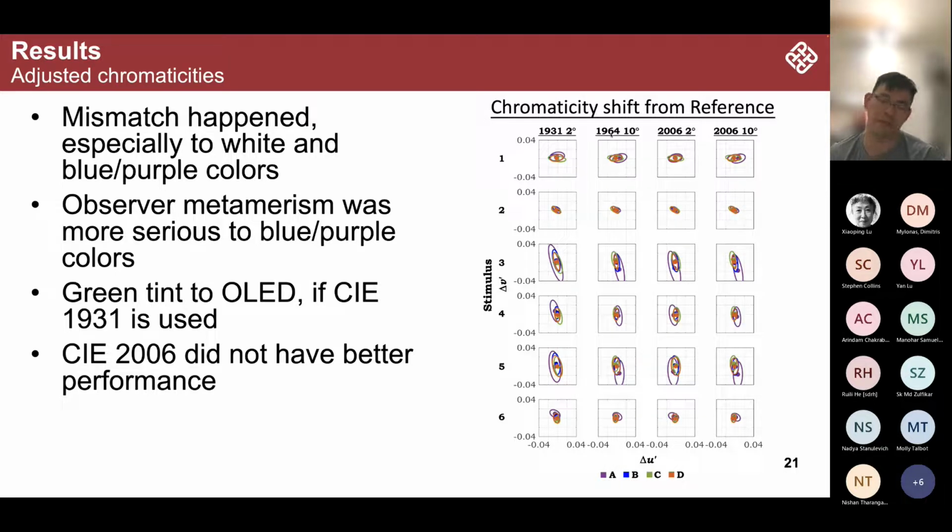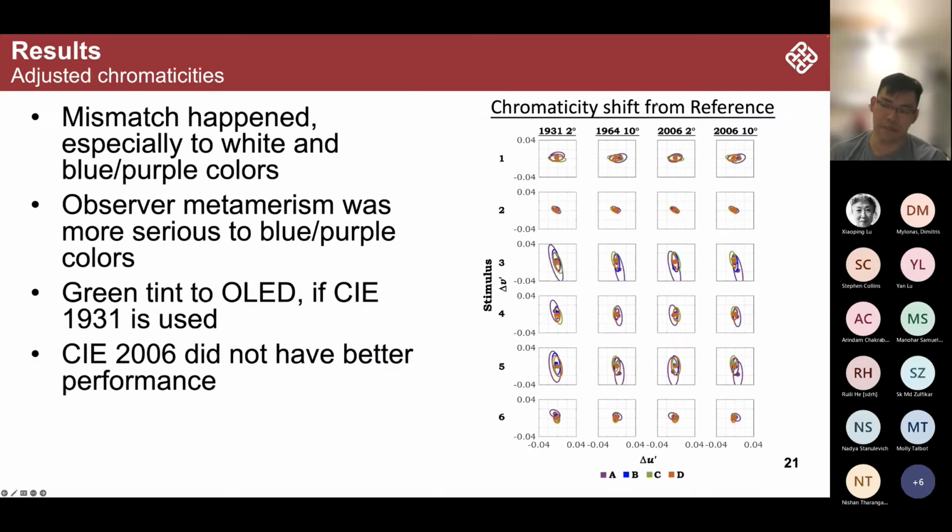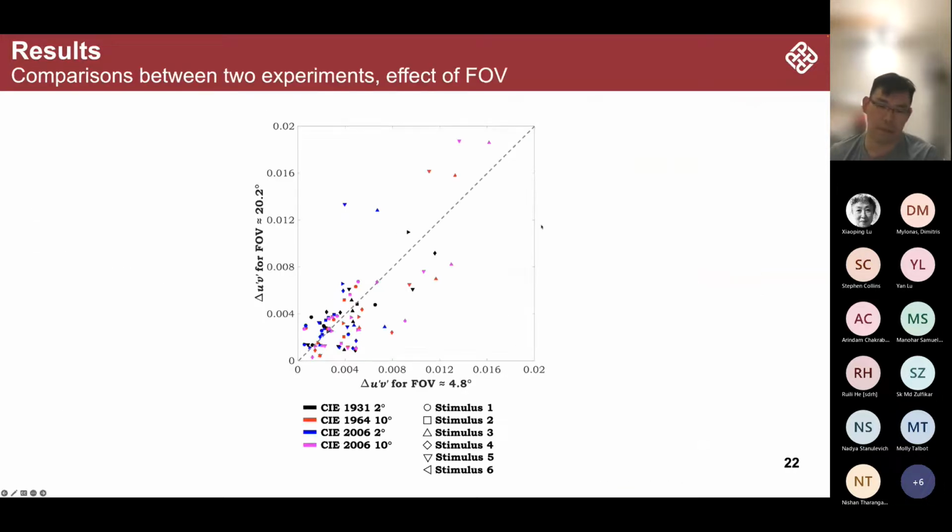In particular, if we are going to have an even larger display gamut, which means the spectral composition of the display primaries is going to be much narrower, then we will have more serious problems. Also, in the experiment we have 2 different fields of view. In the first experiment it was 4.6, and in the second one it was 20.2. These standard CIE color matching functions were designed for different fields of view, and we are trying to see whether the field of view in the experiments and the field of view of the color matching functions really matter. So we make such a comparison.